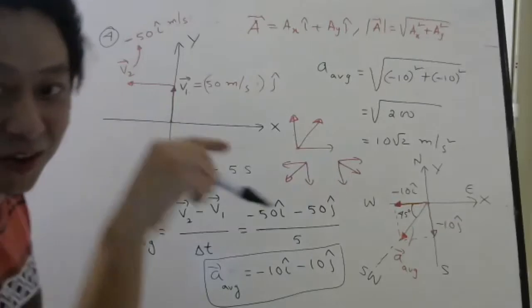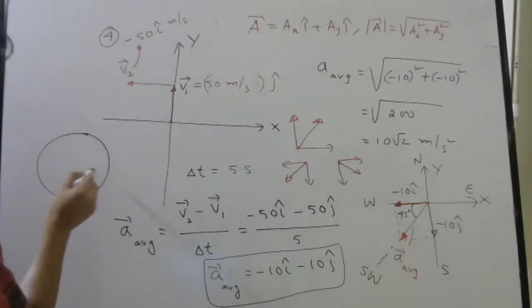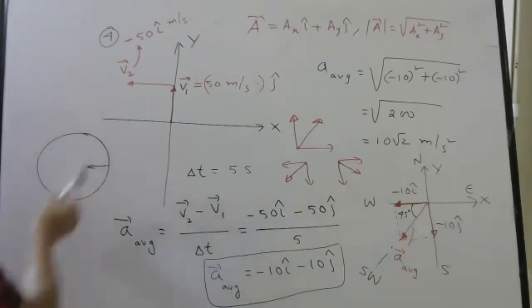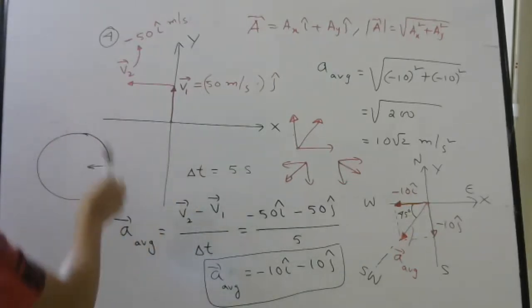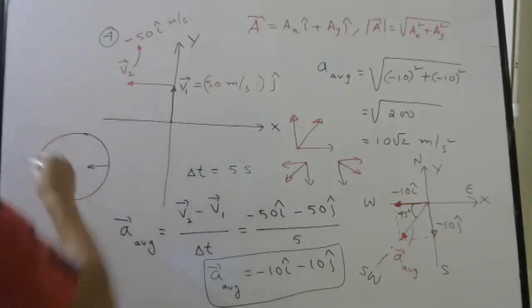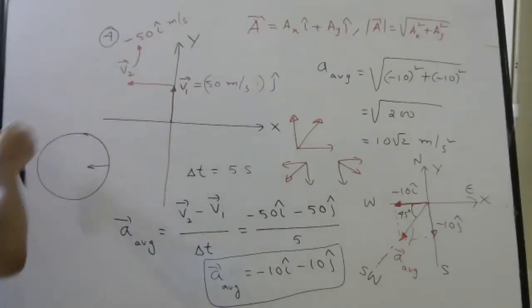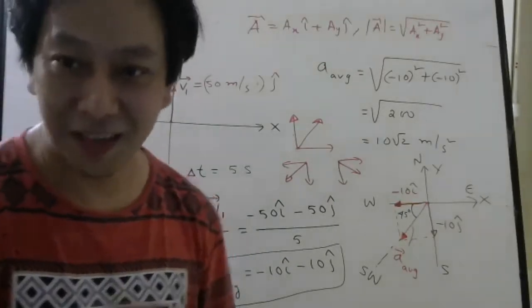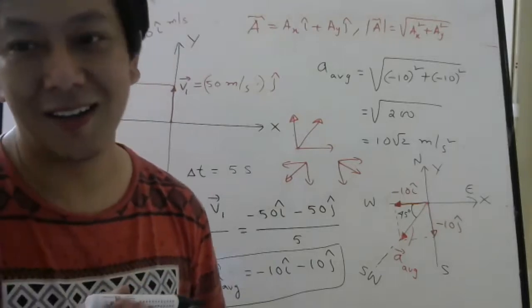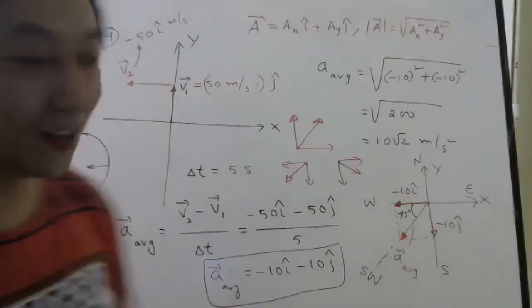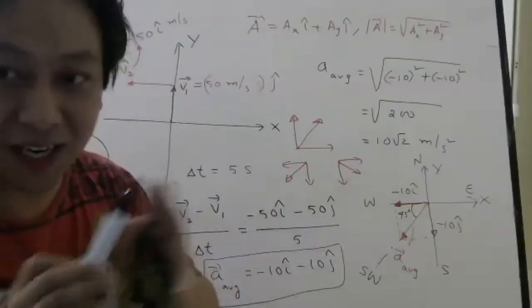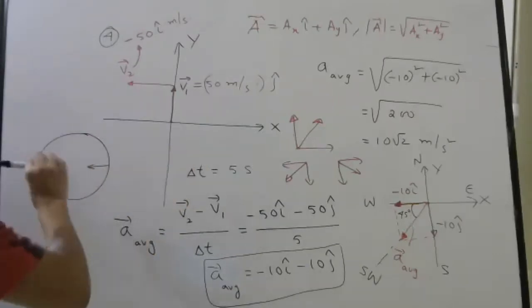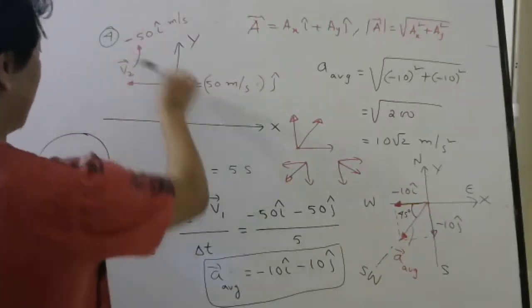That's why I was saying before, when you go in a circle, acceleration is towards the center. So when you want to turn like this, acceleration should be this side. When you want to turn like this, acceleration should be this side. Understood or not? That's why it is called centripetal. Centripetal means towards the center. Of course, this is not circular motion, but you can get some idea that when you want to turn like this, acceleration is this side.